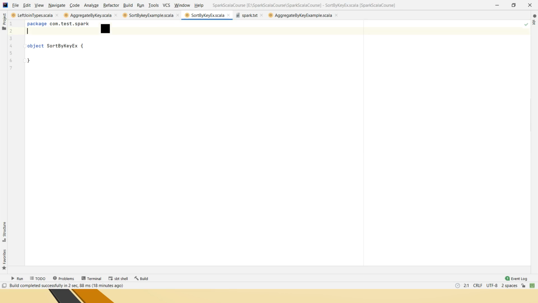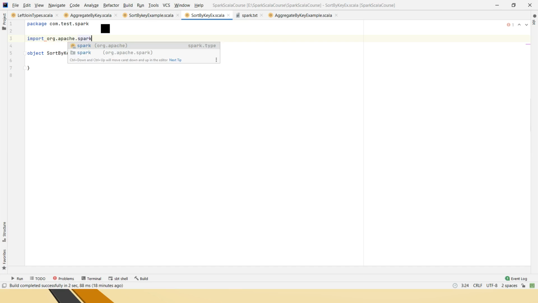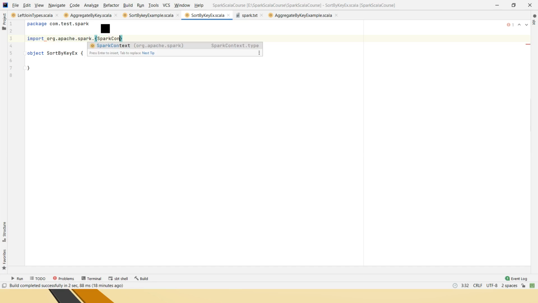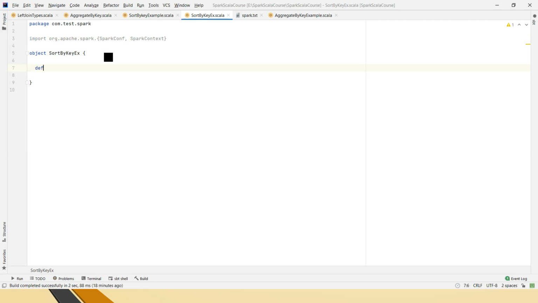So friends, here I have created one Scala object. I am importing the Spark package, org.apache.spark.SparkConf and SparkContext.